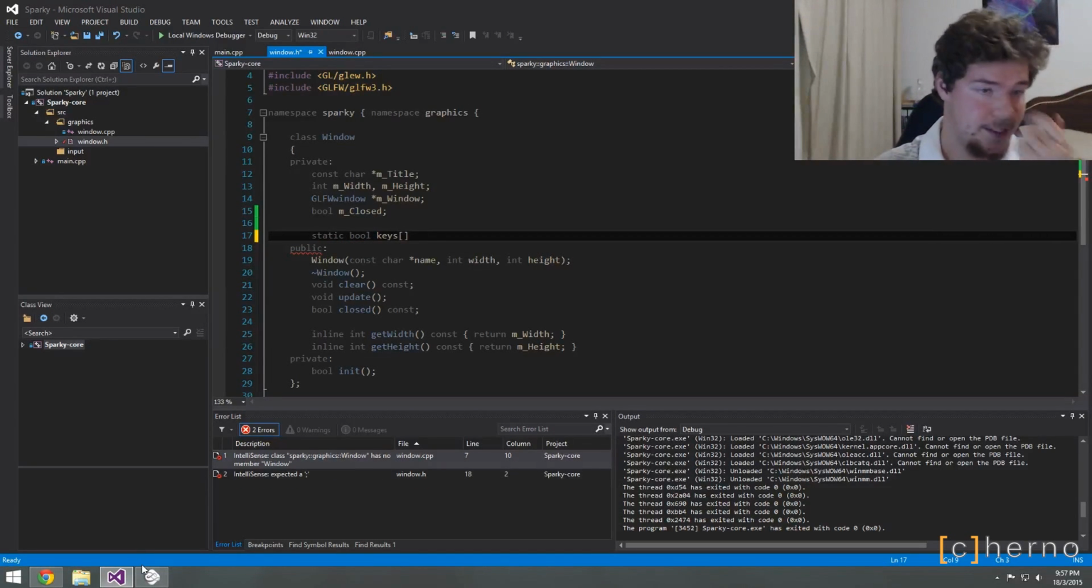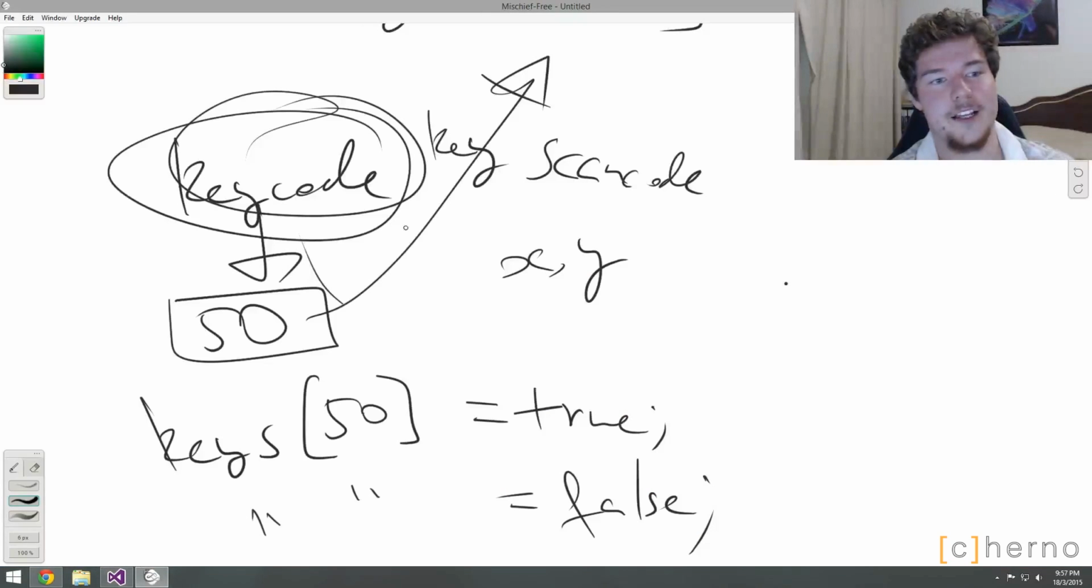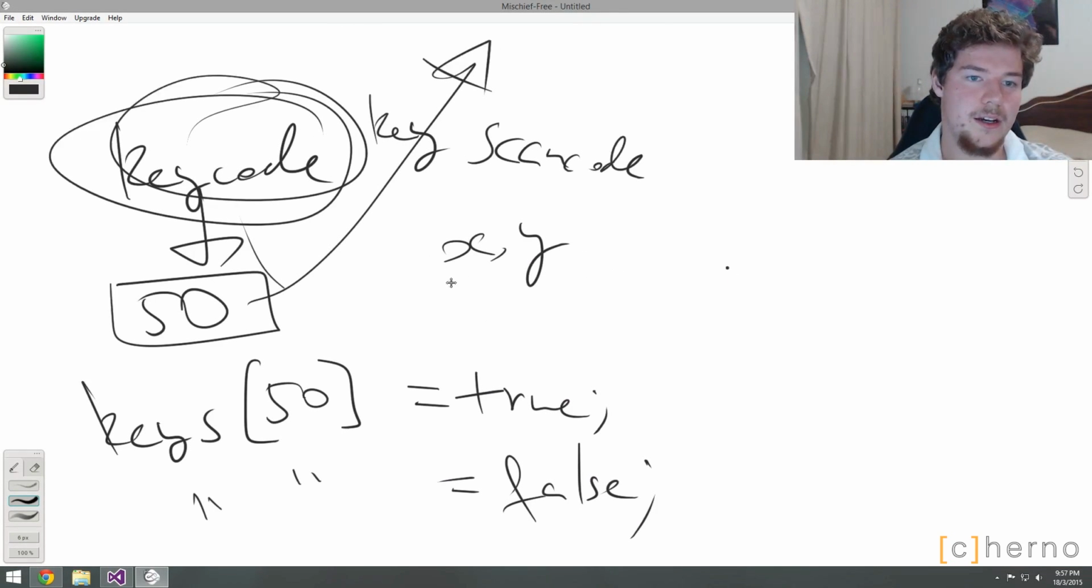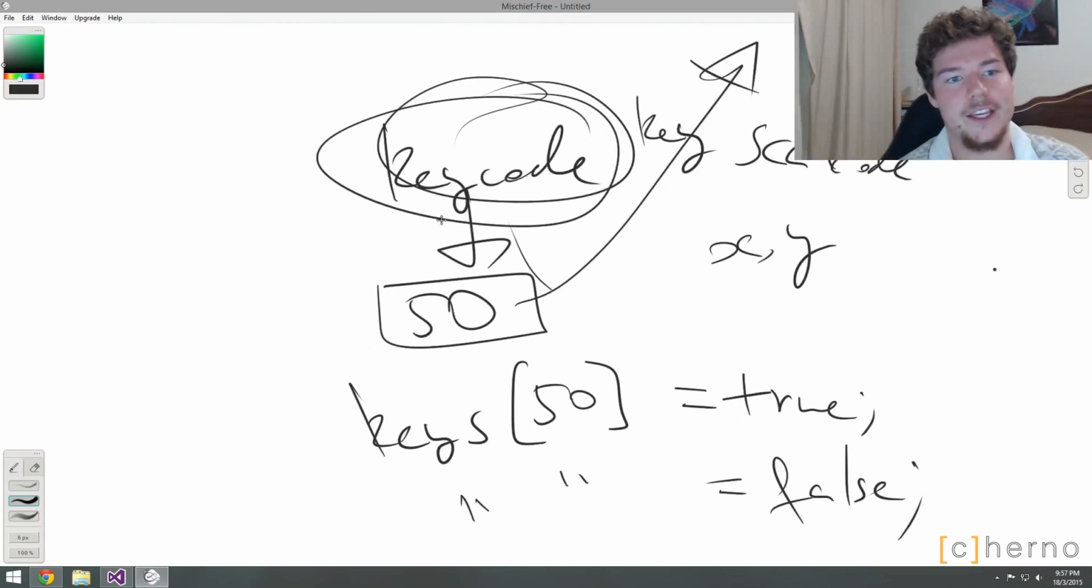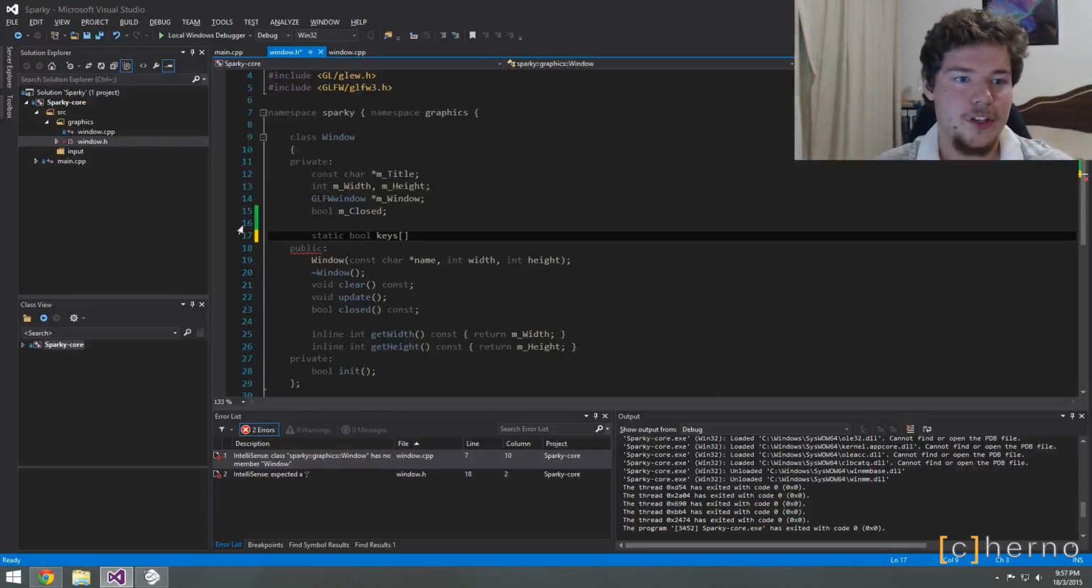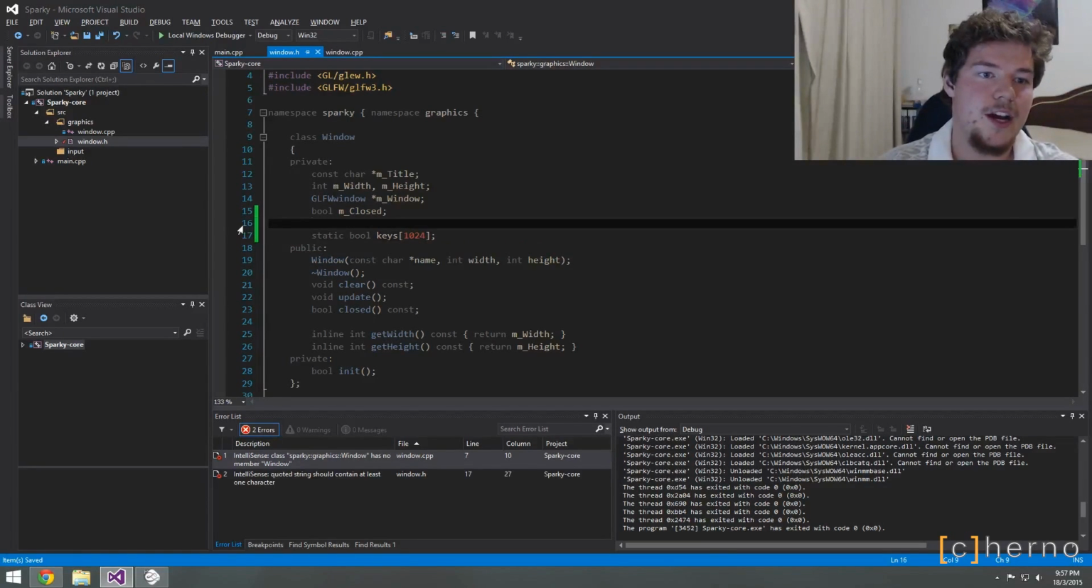So we need to make these static, because we have to use functions and not methods. And we might as well make them static because, let's be honest, we're only going to have one keyboard registered to one window at a time. So it's not like we'll be focused in on multiple windows at once. The first thing we need to do is make this. I'll make it 1024. In fact, we might even define